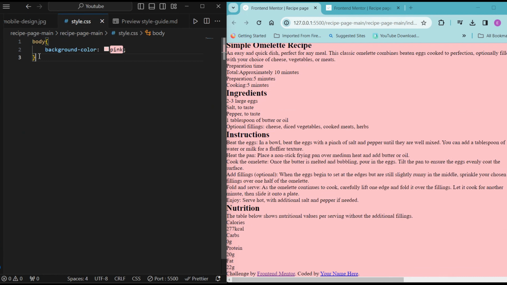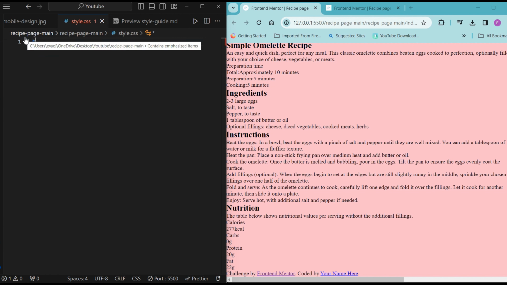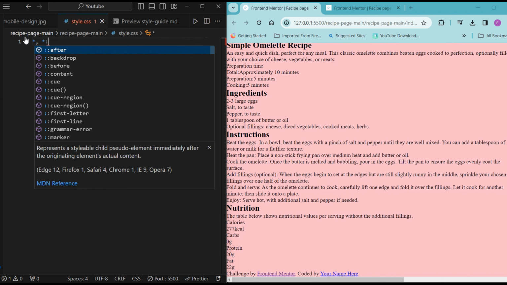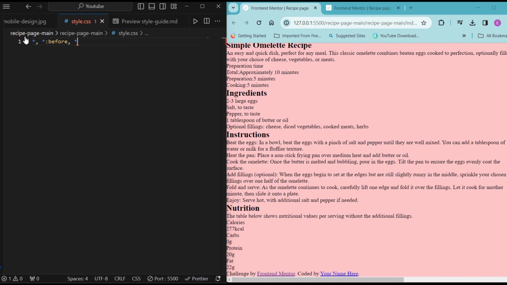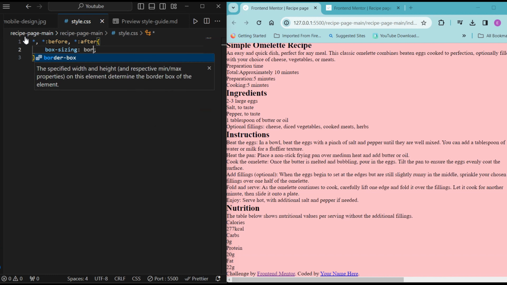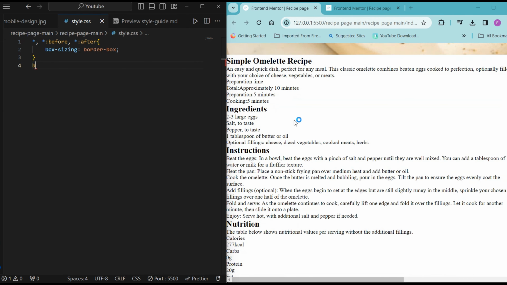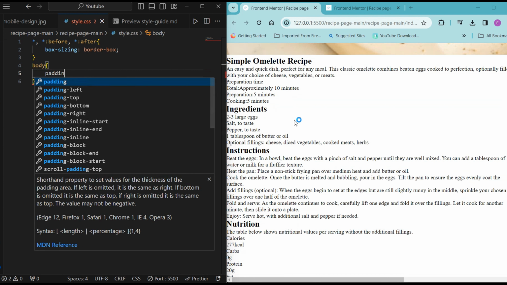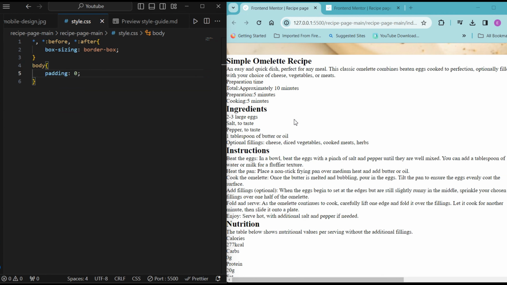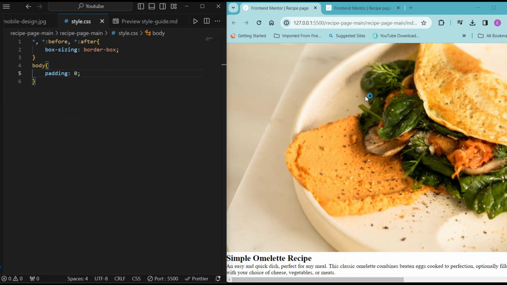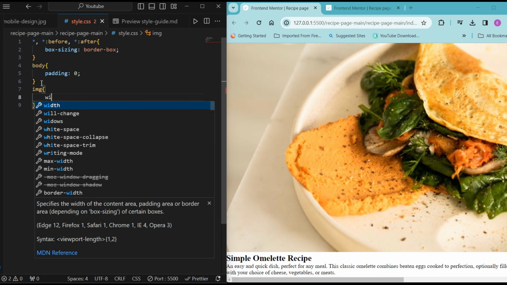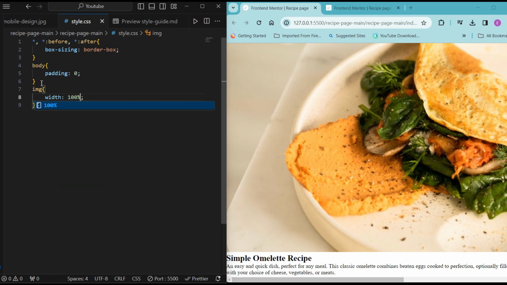So there are some resets that you will find in almost every project, and this is one of them. First thing we're just going to do is say box sizing border box, and I really encourage you to do more research if you're not familiar with this. Another common reset is on the body element, and we're going to set the padding to 0. And sometimes you also have to set the margin to 0, but for now I'm just going to set the padding. Another common reset is with images, and you want to make the width 100% of its container,